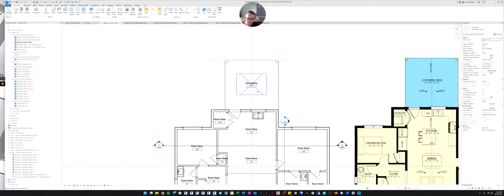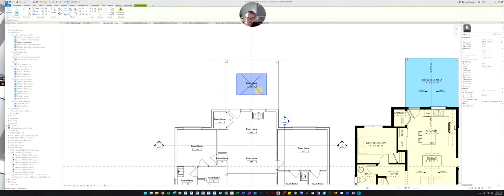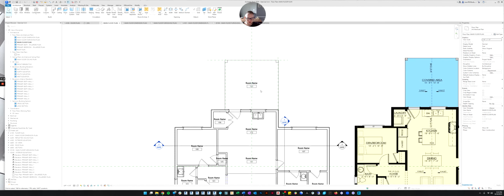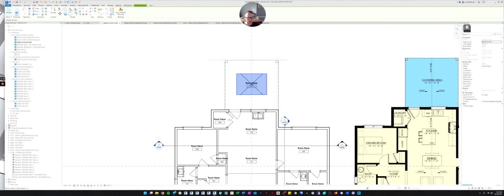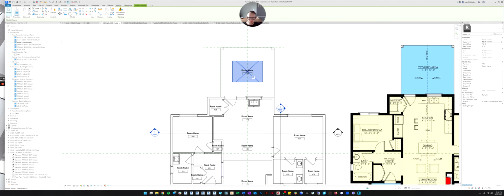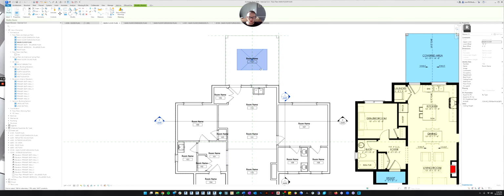So now I can hover over where I remember that X being, and now that's the room. I can tell because if I hover over it, that little pop-up says it's a room. And when I click it, you can also see over here, the properties for the room come up and it even says room right there. So if you ever had to move a room somewhere else, you could grab that. Or if you need to grab it so you can change its properties, you can also do that.